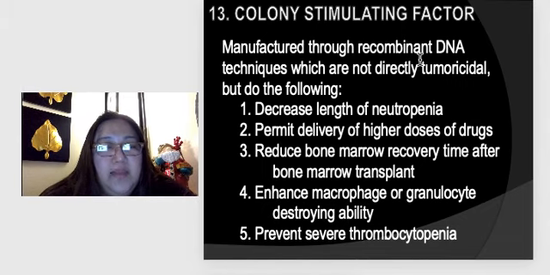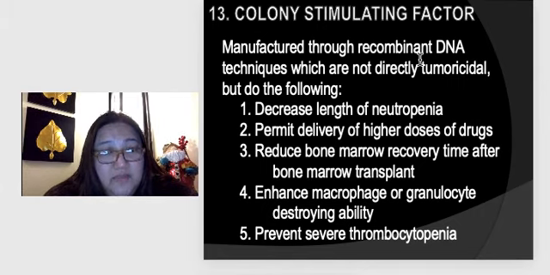Pangalawa, ang ginagawa ng mga CSF, ini-improve yung delivery ng chemotherapy drug because they permit delivery of higher doses of drug. Pangatlo, they reduce bone marrow recovery time, especially after bone marrow transplant na okay for the hematopoietic cancers. Pang-apat, which is in addition to number 1, na pag-decrease ng length ng neutropenia,